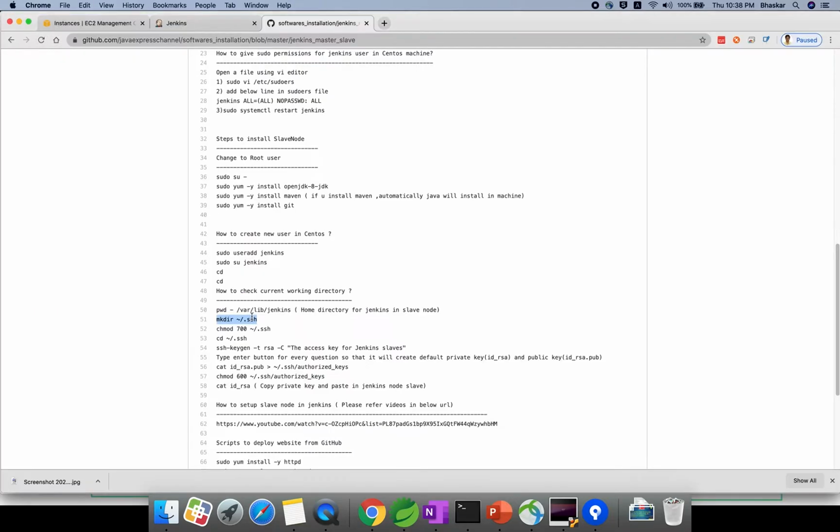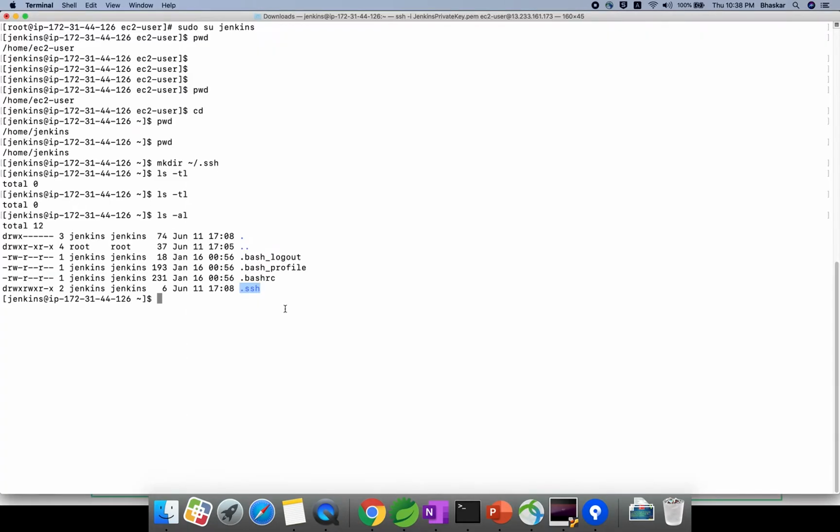Which permission you want to give means chmod 700. This is the permission you need to provide over the keys. This is your directory. Okay, go into the directory .ssh, navigate to the directory. If you run the ls command, it is empty, no data. You want to generate your public key and private key.